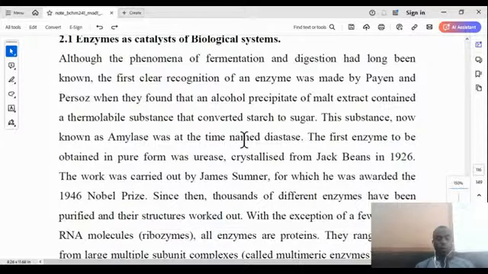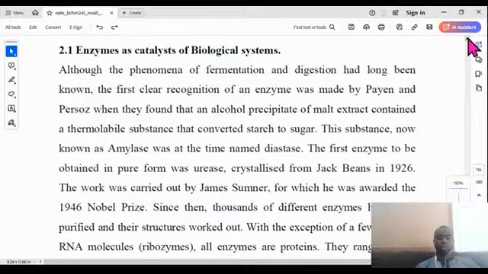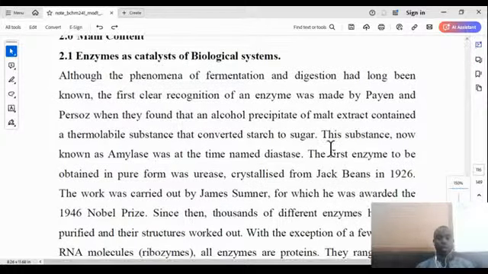You are welcome to today's lecture on enzymology. Today we are going to be discussing enzymes, and what enzymes are, what they do, and what is their biological role in the system. So enzymes are biological catalysts, and we can say that they play a vital role in catalyzing reactions in